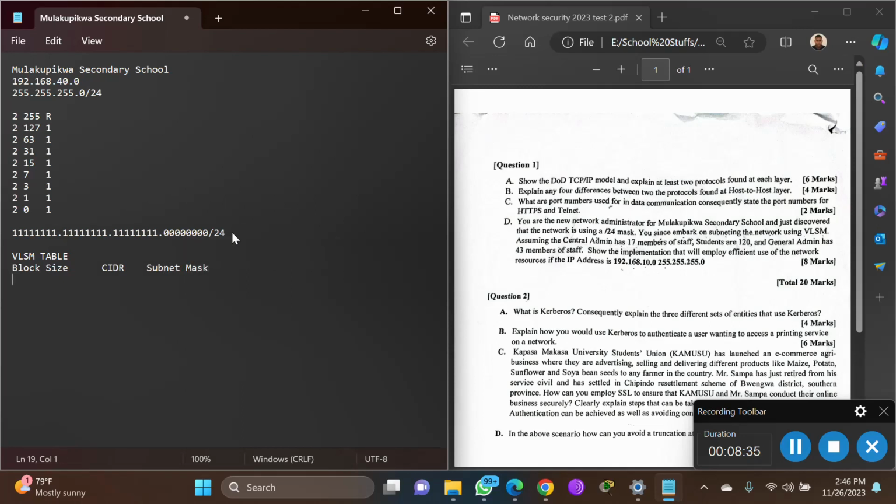Okay, so basically the block size starts at 1, then CIDR starts at /32, then subnet mask starts at 255. So now here's the thing, a block size will help you to know the number of subnets and hosts that can be assigned to that particular network. Say an example, a block size of 1 can assign